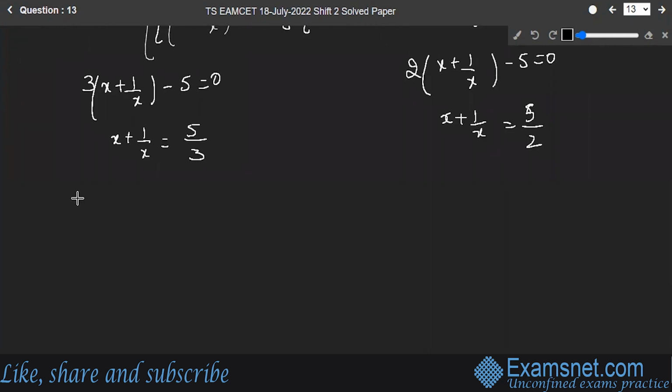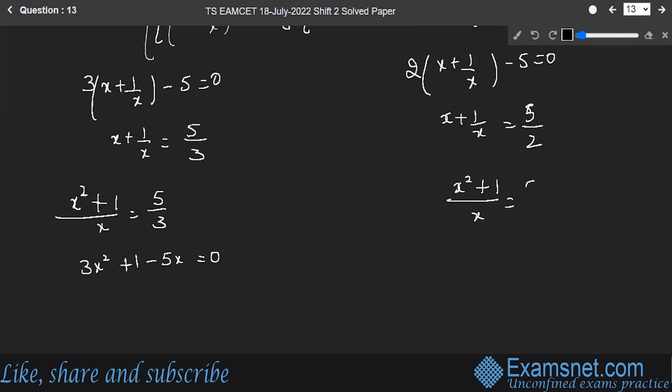So let's solve it further. You will have x square plus 1 upon x is equal to 5 by 3, which gives you 3x square plus 1 minus 5x is equal to 0. And here you will have x square plus 1 upon x is equal to 5 by 2, which gives 2x square minus 5x plus 1 is equal to 0. So from here, the two roots of x will be,